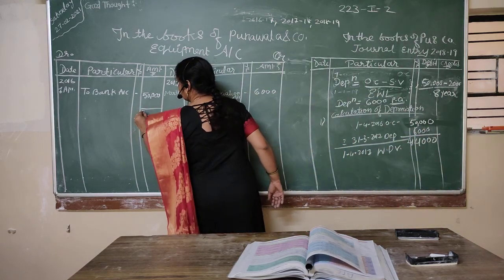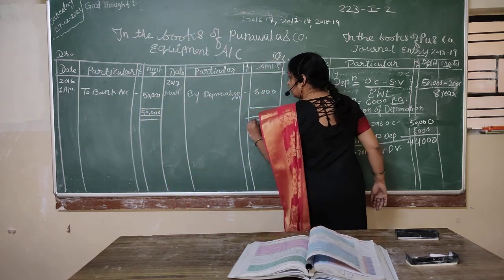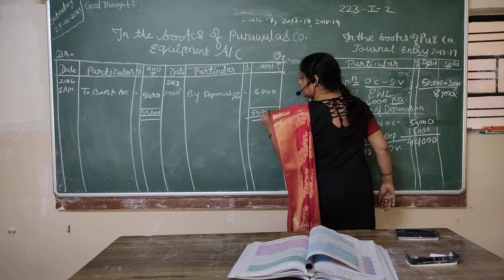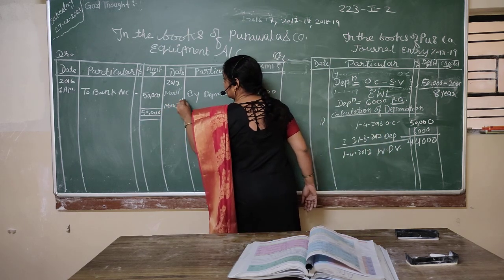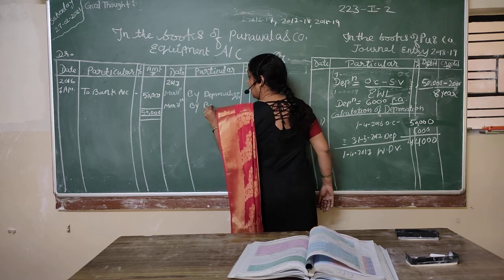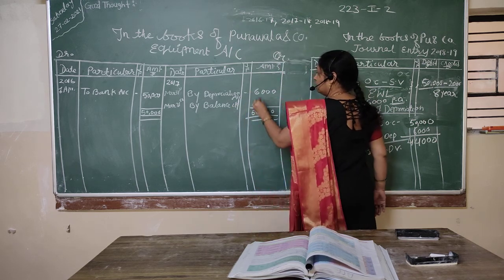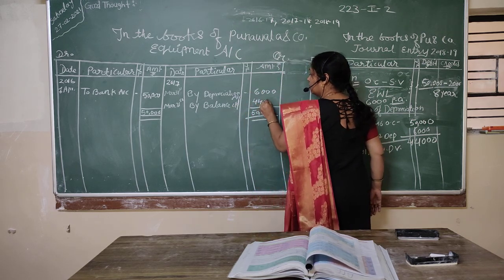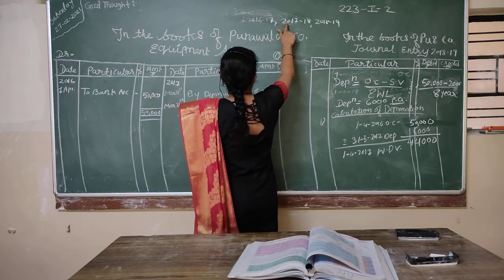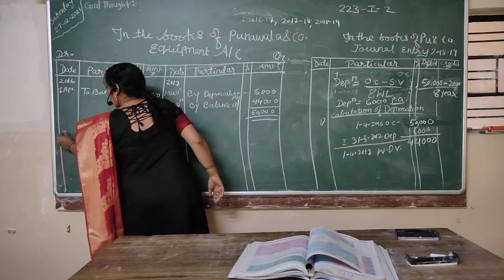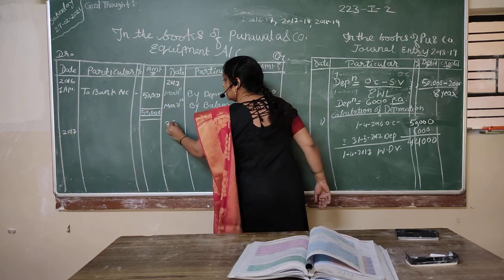The higher total we will write on both sides, 50,000, 50,000, and we will record the closing balance, that is by balance carried down. 50,000 minus 6,000, 44,000 is the closing balance for the first year. Our next year will be 2017-18, so I will write 2017 here and 2018 here.